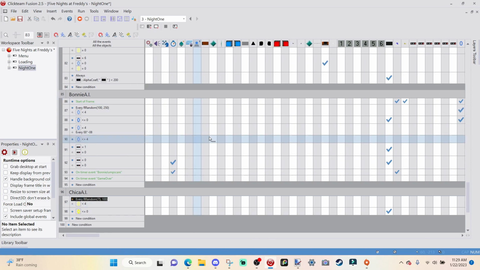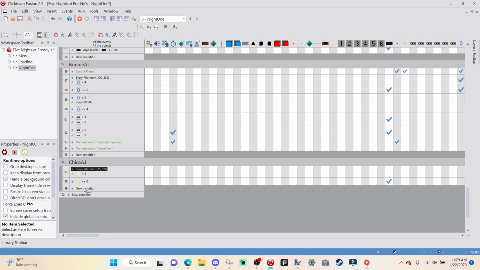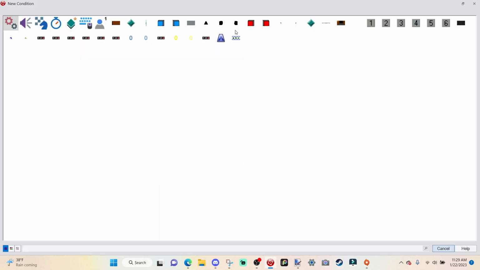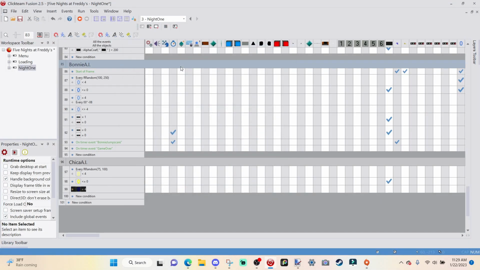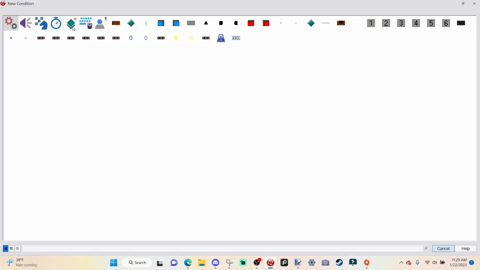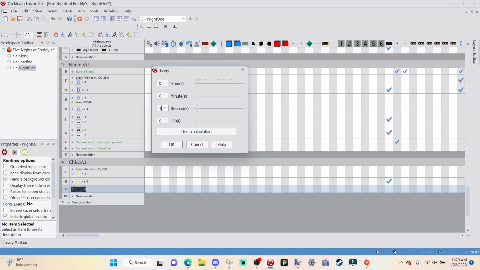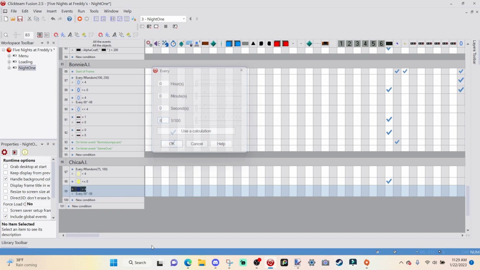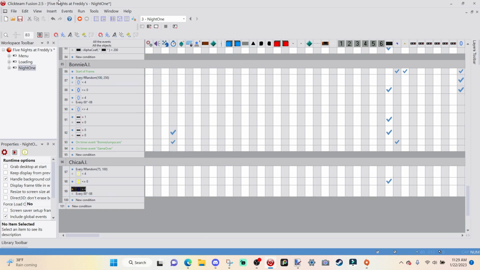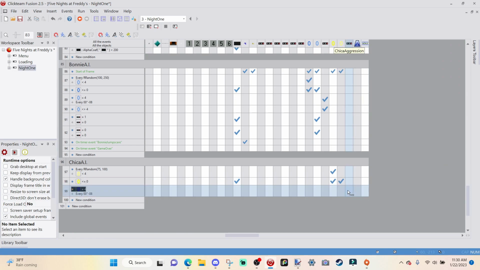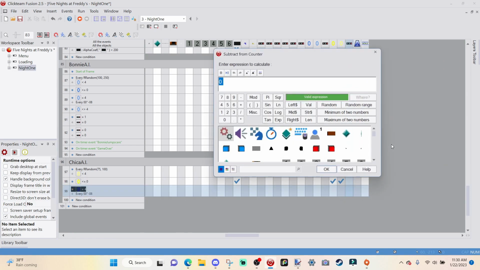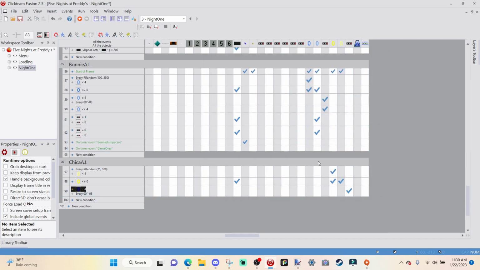And now, our next step is to go over to new condition under Chica AI, new condition, Chica location, compare the counter to a value. When it is equal to 4, we're gonna right click, insert the timer every 800 per second again. I feel like 800 per second was kind of slow, but since this is night 1, it's fine because it's night 1, and obviously in the later nights, our future tutorials, we're gonna get to multiple nights and making them much faster. So go over to Chica aggression, right click, subtract from counter 1,